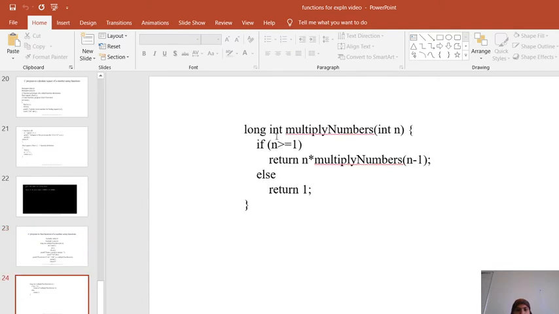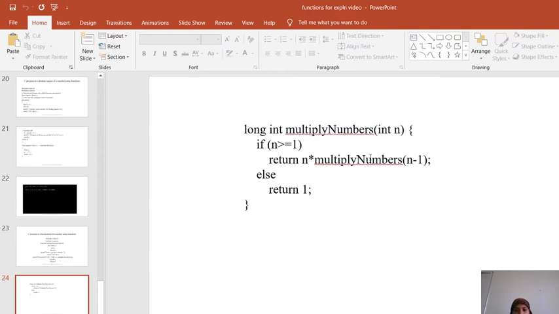The statements written within the function definition are: if n is greater than 1, and this condition is satisfied, it is going to return after finding the factorial of the number. So how will you find the factorial of a number? n into multiplyNumbers of n minus 1. multiplyNumbers is nothing but the function name.